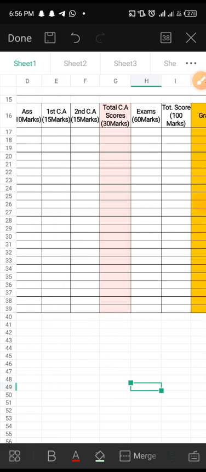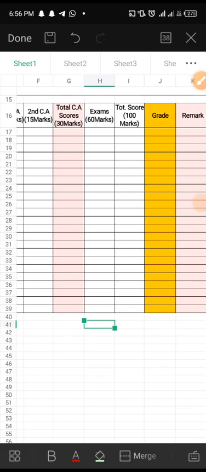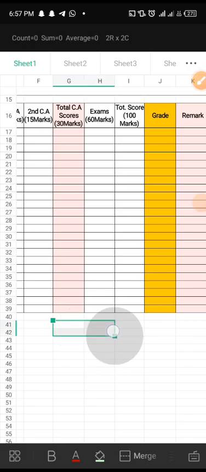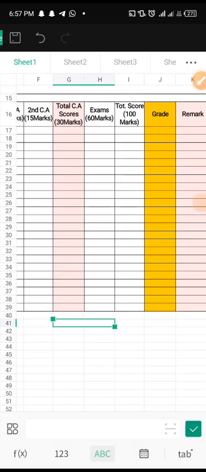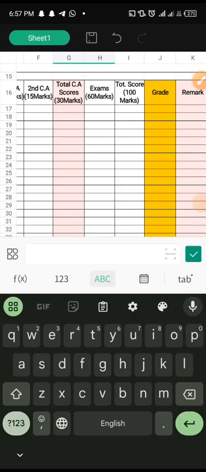You have it here, so I can decide to merge these two here. I can merge these here. When I merge this, then I'll type in total,